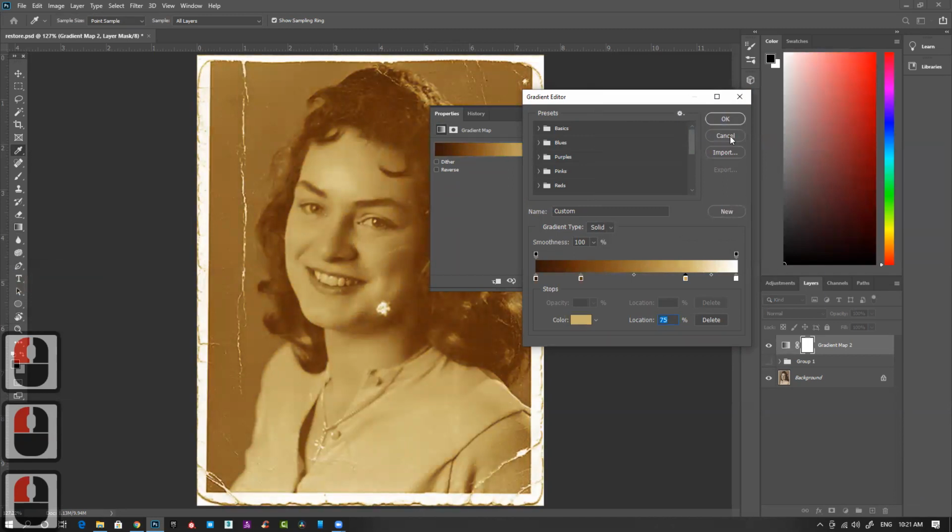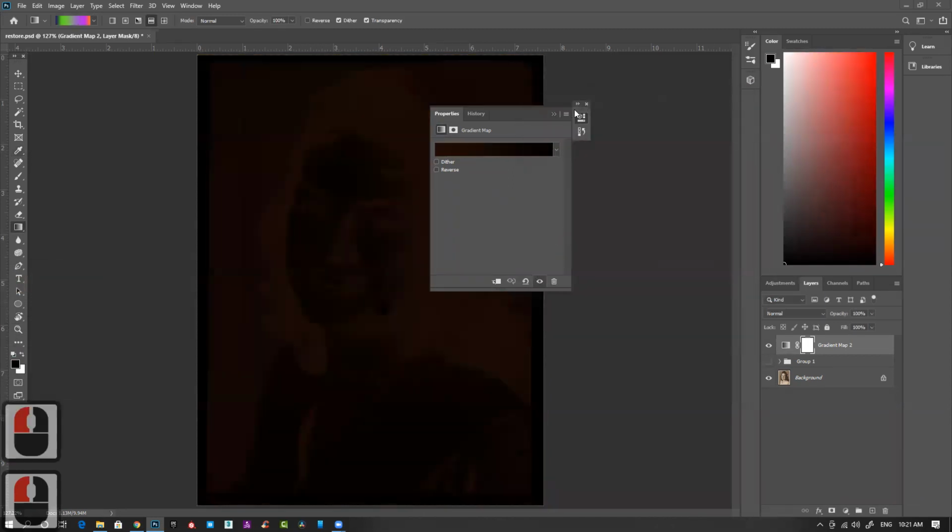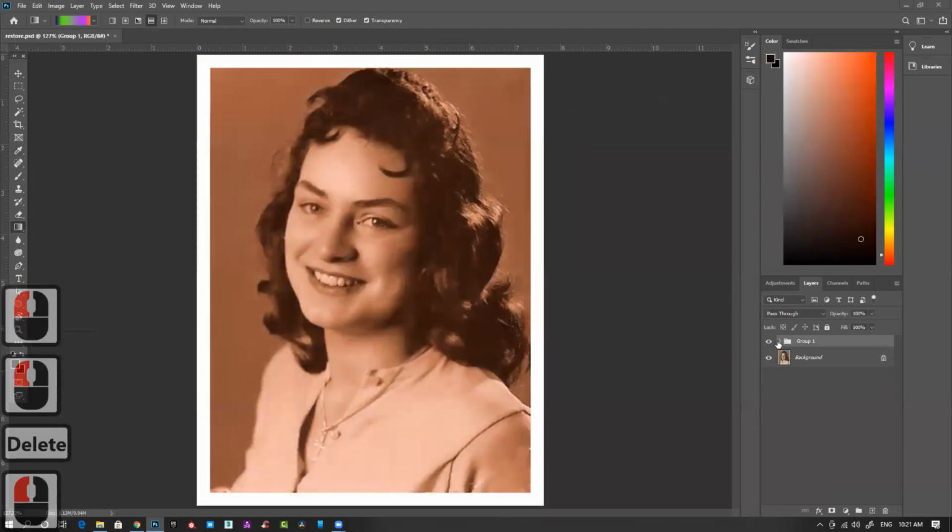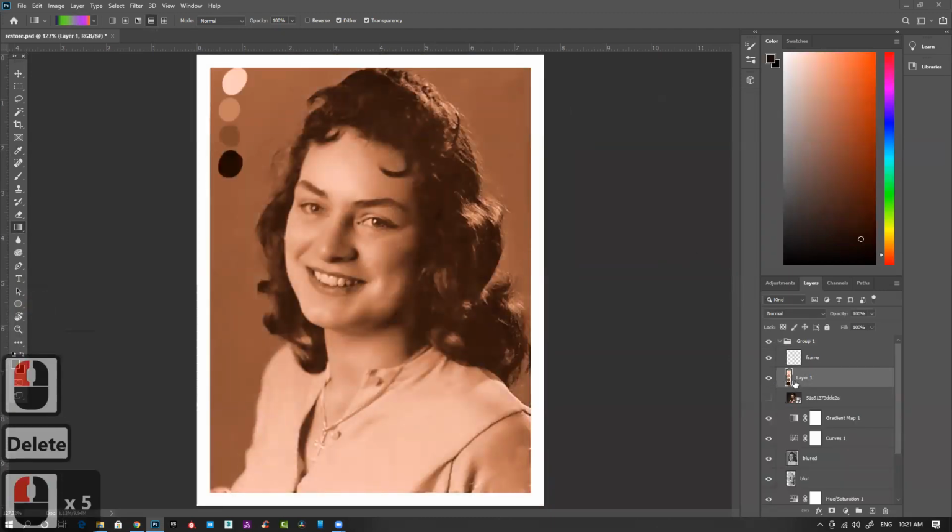So like this, I add gradient map and add all the colors. And before that, I make sure I have this color palette. When I create this, why did I create that color palette? So my color tone, skin tone remains natural. Of course we can do it manually also by picking from the picker, but it's a lot of trial and error. You have to check if it's working or not, then modify again. It's best to have a reference, pick the color and apply it. That's it. So you'll get natural tones very easily.